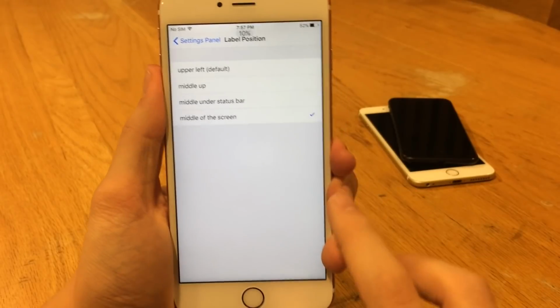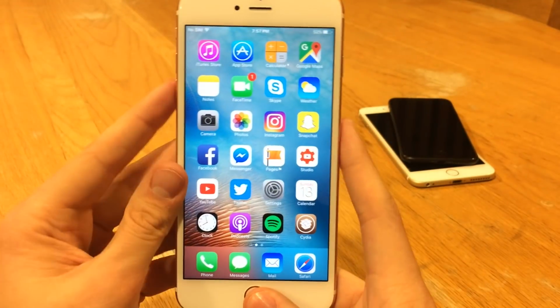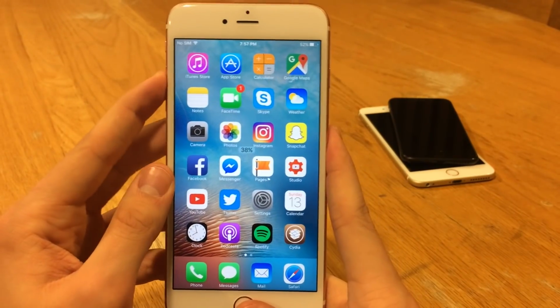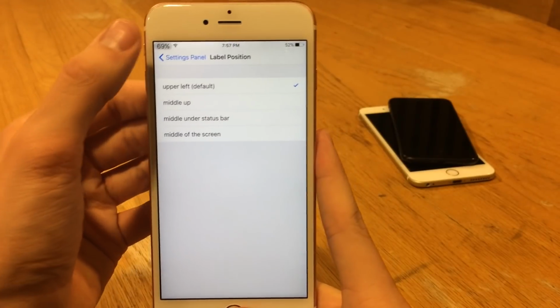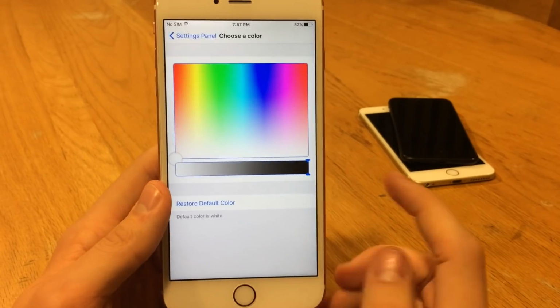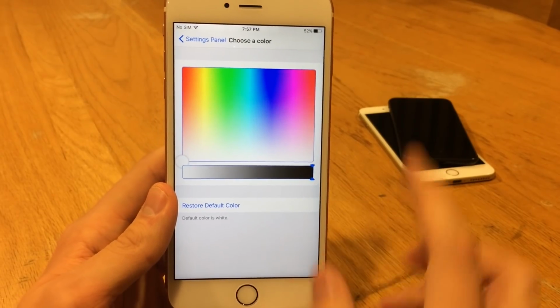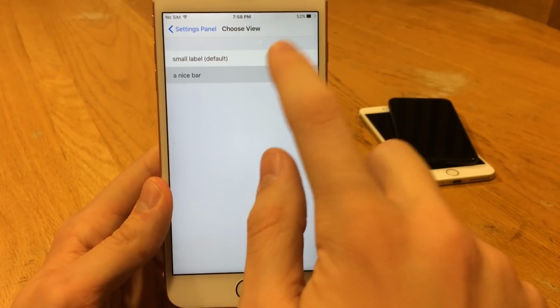And then there's middle of the screen, which is basically like the normal HUD. But again, this is much smaller, so it's much better. Even if you decide to use it in the middle, it's just much smaller, so it's not going to interrupt. But again, I prefer the upper left for the carrier because I think that makes the most sense. You could also choose the color of the font. I actually put it to black because I think that's the most visible, but you could choose anything in here. And then let's change it to bar because I want to show you guys some of the bar